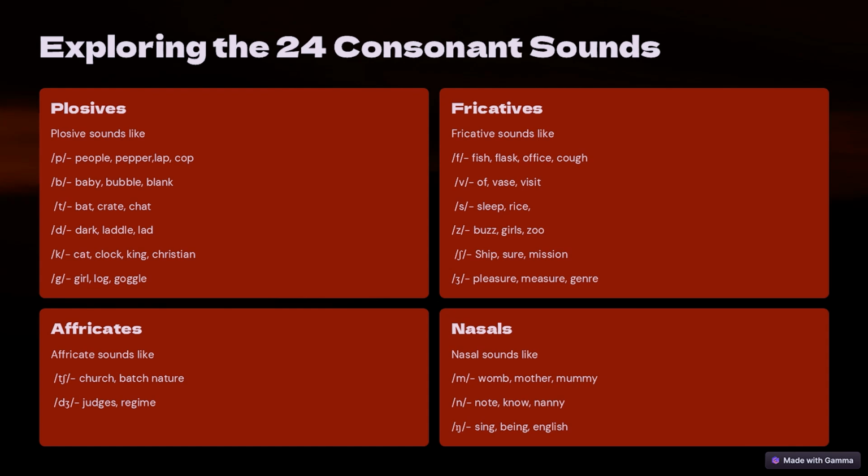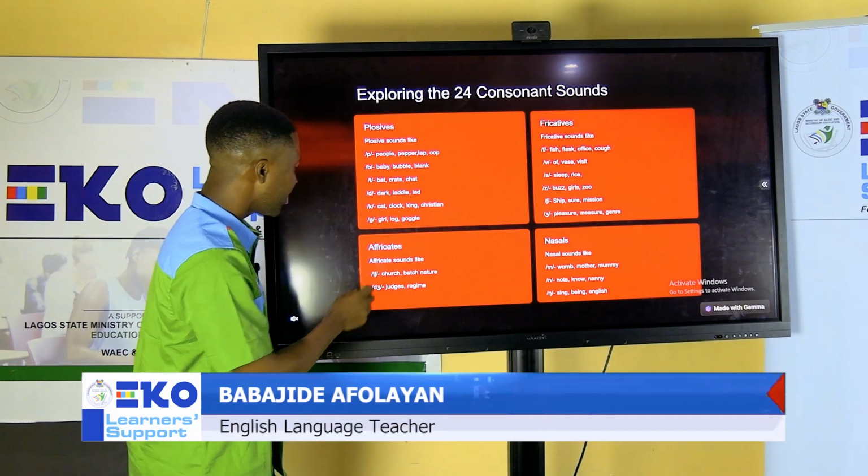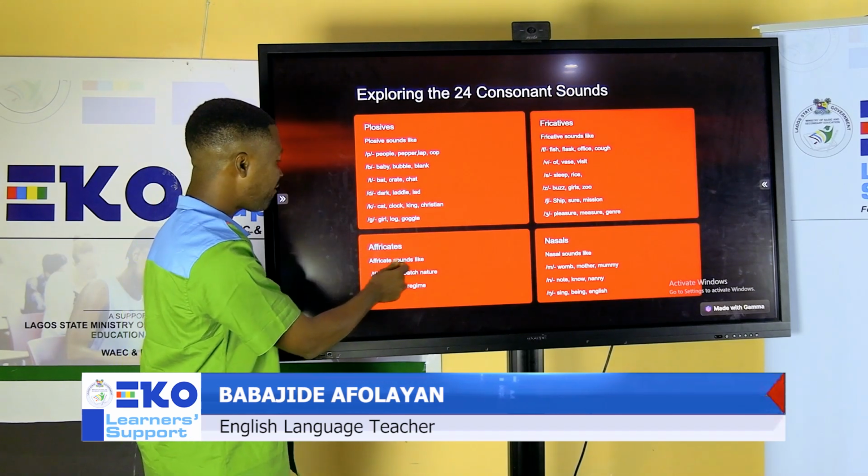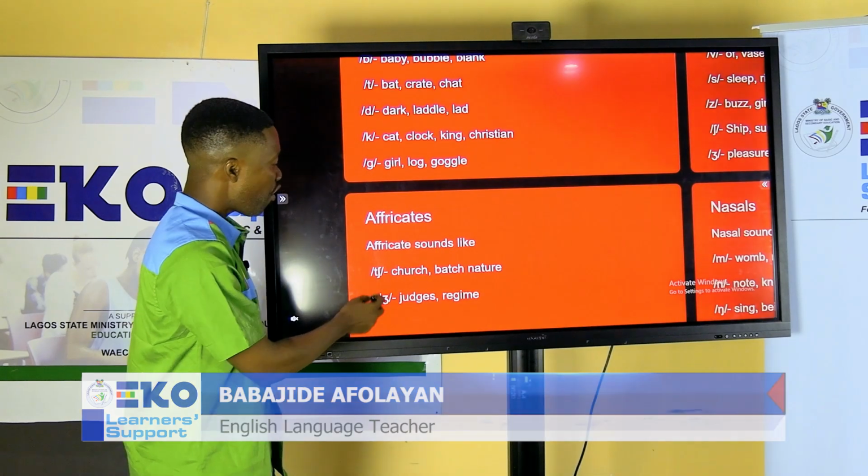We have bat, crate, chat. The next sound is d: dark, ladle, lad. The next sound is k: cat, clock, king, and Christian. The next one is g: girl, log, Google. Sorry, this is Google. The next we are looking at are the affricates, and we have sounds like ch in